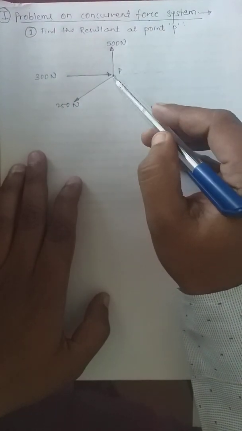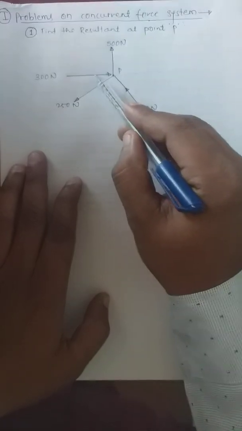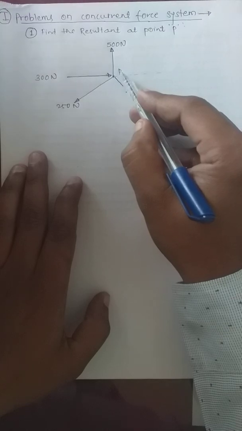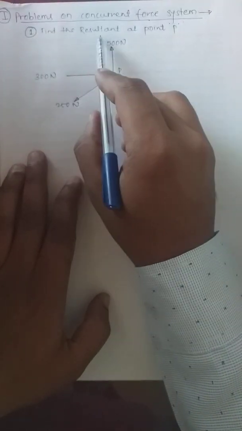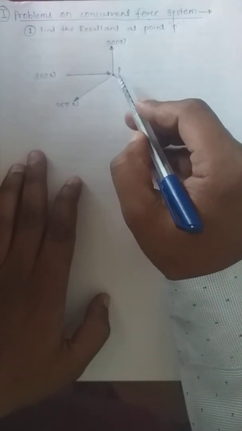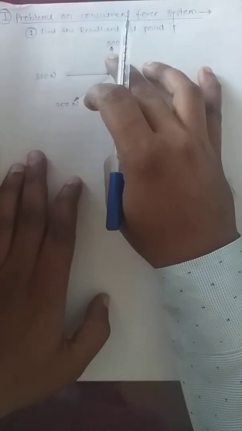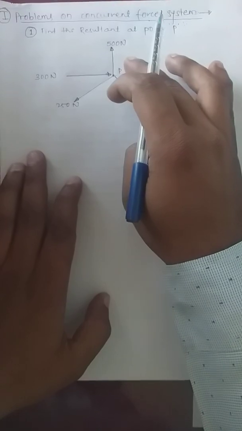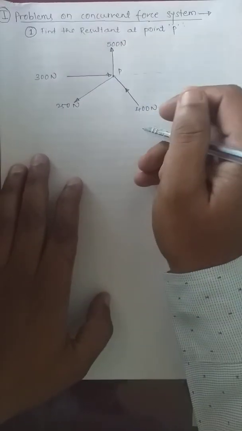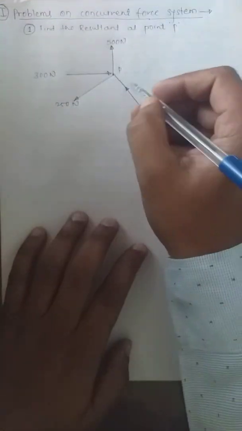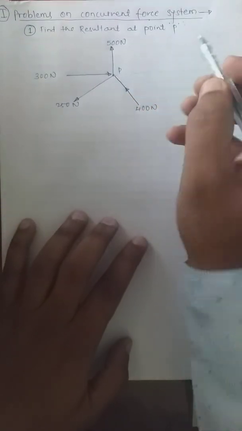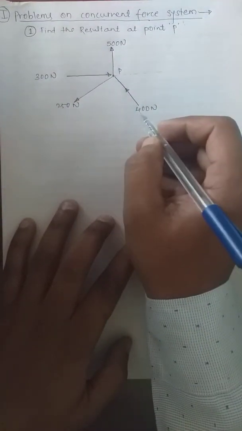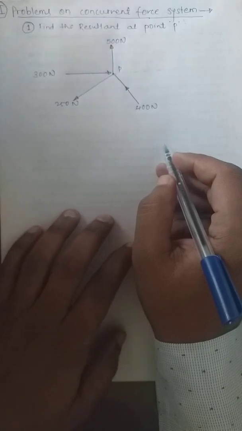What would be the resultant of all the forces at point P? Okay, so how many forces are acting? Number 1, number 2, number 3 and number 4. So 4 forces are acting at a point P and we have been asked to find the resultant at point P. Resultant means the cumulative effect of all the 4 forces, which we have to find out. Okay, now if you see this particular diagram, you can rearrange the forces somewhat like this.